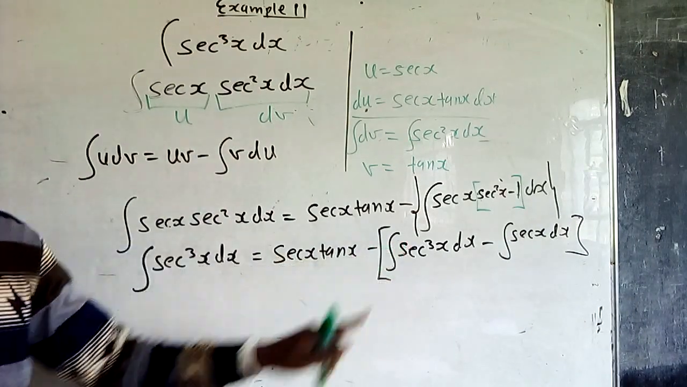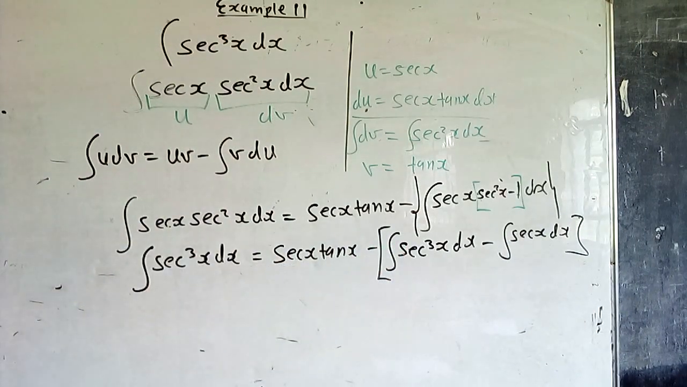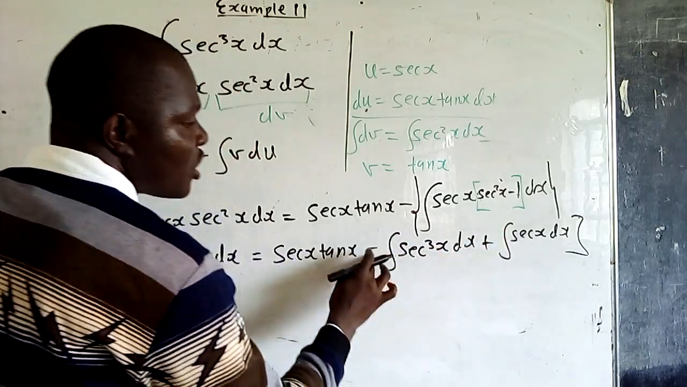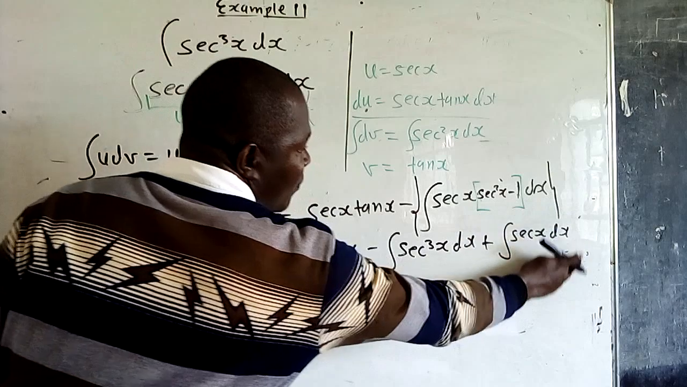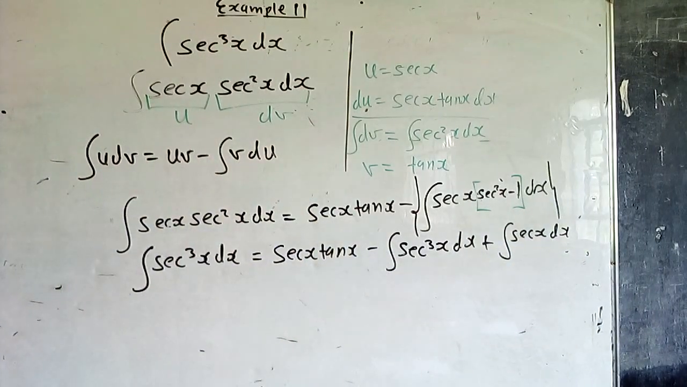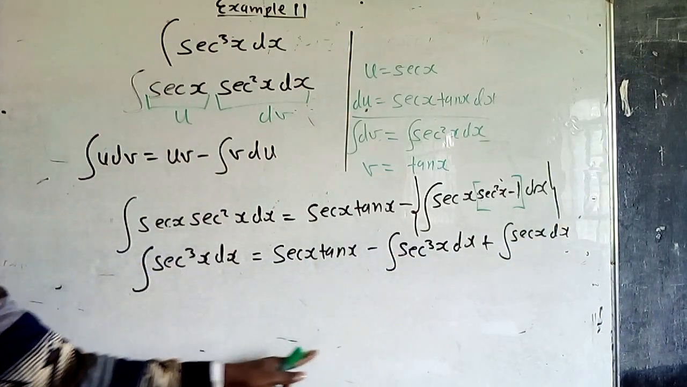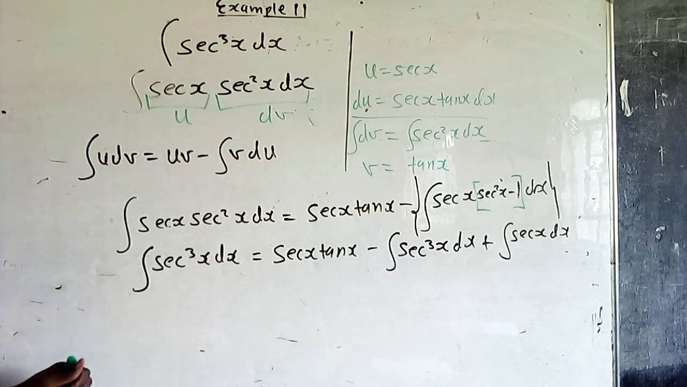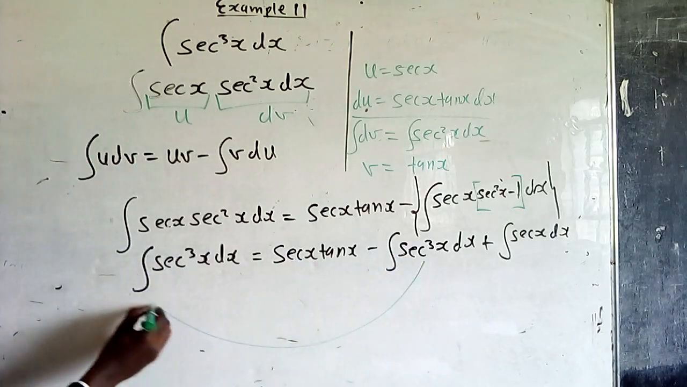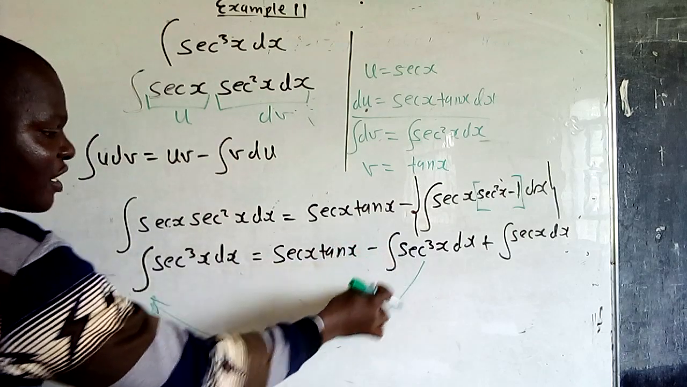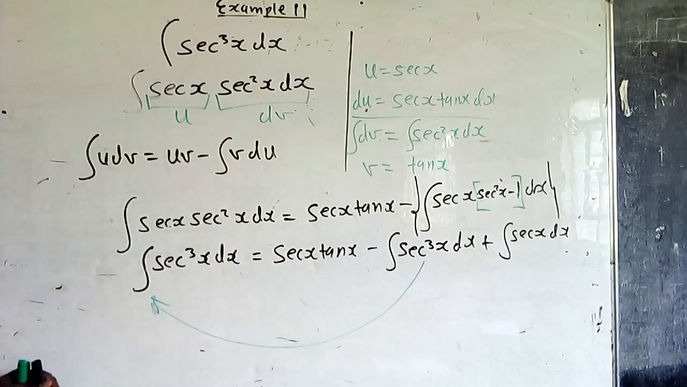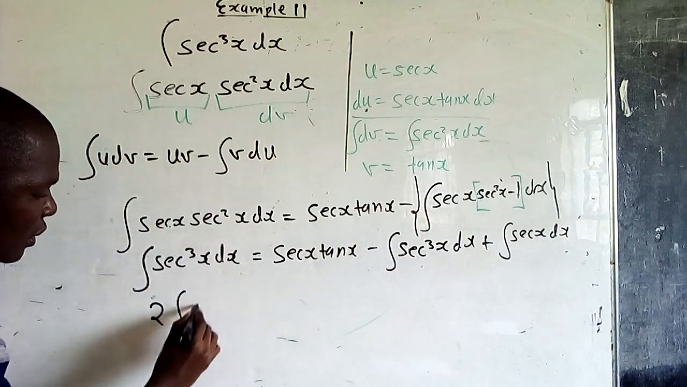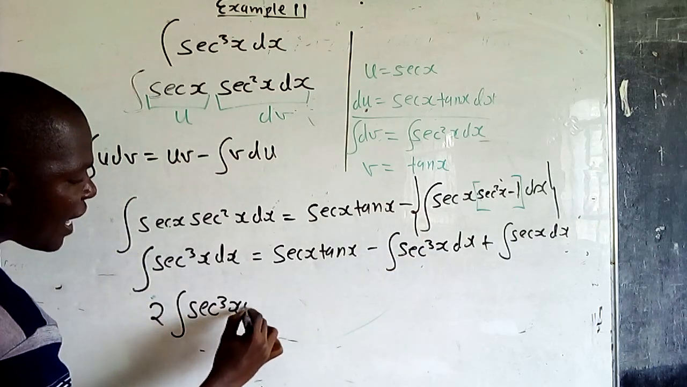Then you open this bracket, okay? If you open this bracket, negative into negative is positive. They just remain like that. Are we together? So you see, negative sec cubed x dx is the same as this. So you bring it on this side of the equation. Do you see that? Yeah. Negative will change to positive. So when you bring that on this side of the equation, you now have 2 times the integral of sec cubed x dx